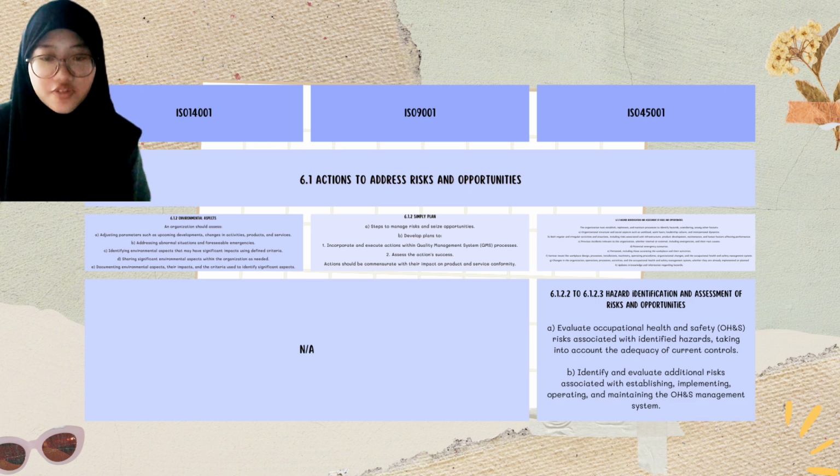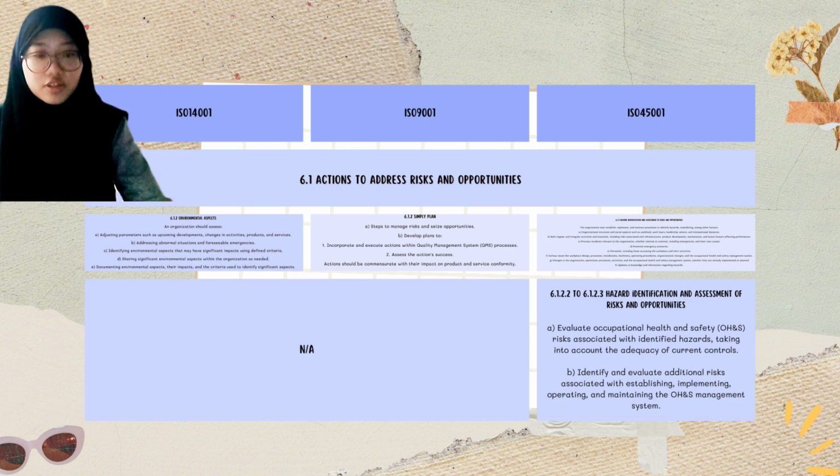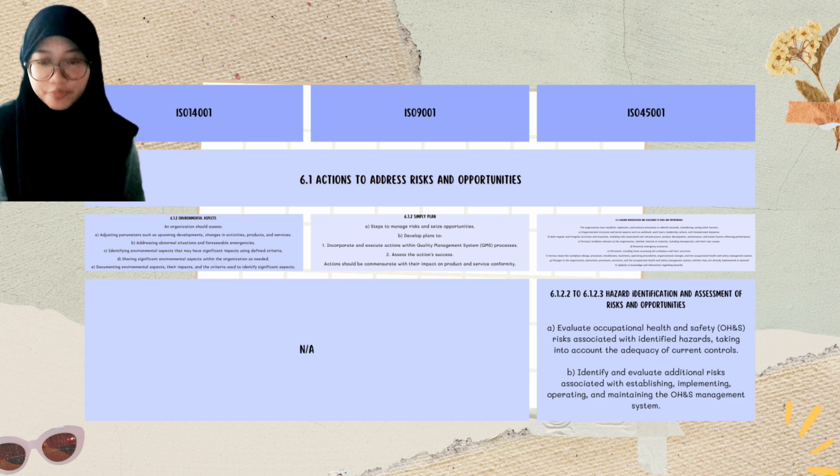Next, we have hazard identification and assessment of risks and opportunities, where the organization must establish, implement, and maintain a process to identify the hazards, considering, among other factors, organization structure and social aspects, such as workload, hours, leadership culture, and interpersonal dynamics. Both regular and irregular activities, previous incidents relevant to the organization, personnel, including those who access the workplace and activities, potential emergency scenarios, then various issues like workplace design, processes, and installation. Then changes in organization, operation, processes, and activities. Then updates in knowledge and information regarding hazards.